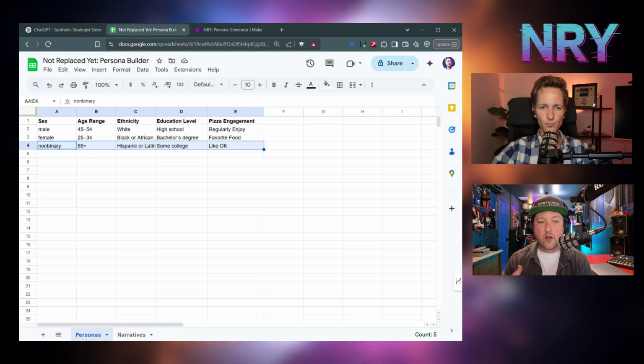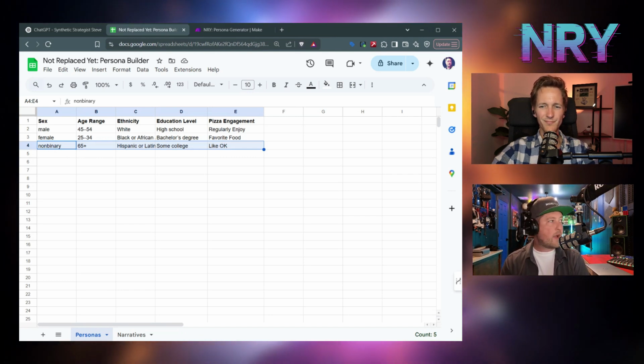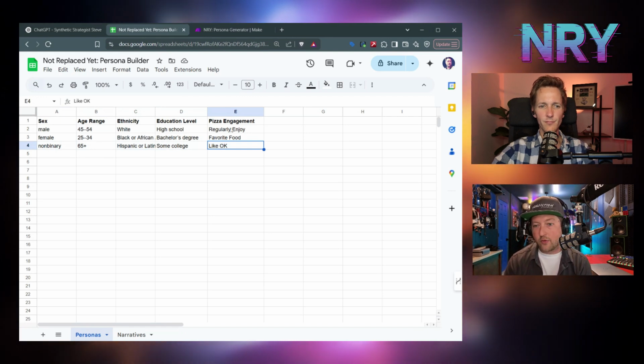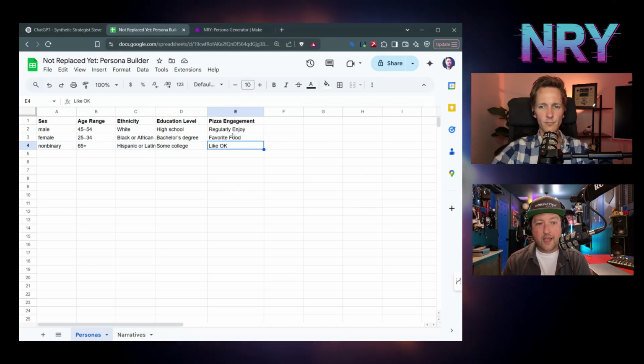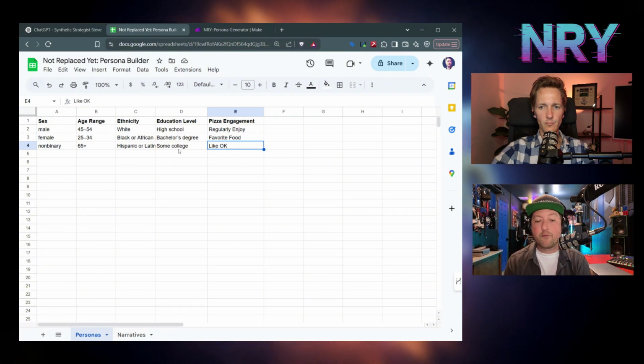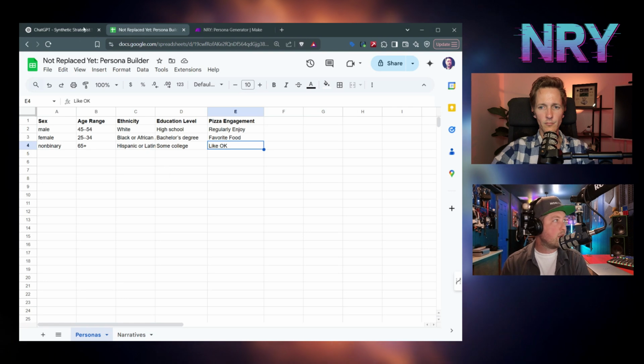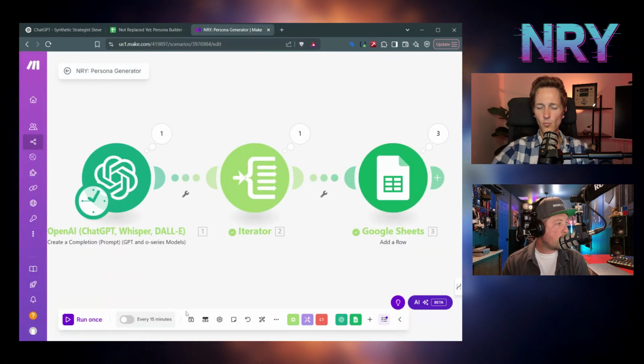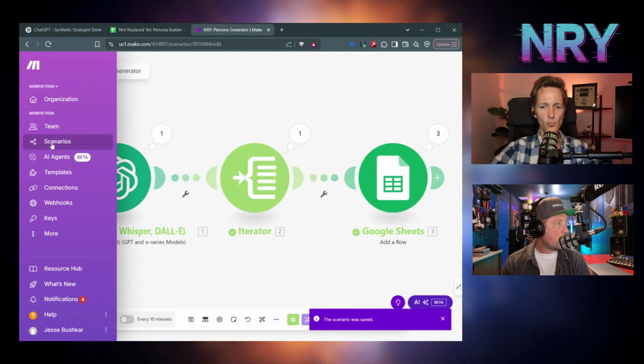I know this is a long way to get there, but we now have an engine that can create characteristics and we can modify the instructions and modify them. Okay, so we're halfway there. Let's show you the second scenario. I'm going to come back here. I'm going to hit save. We're going to go back to scenarios